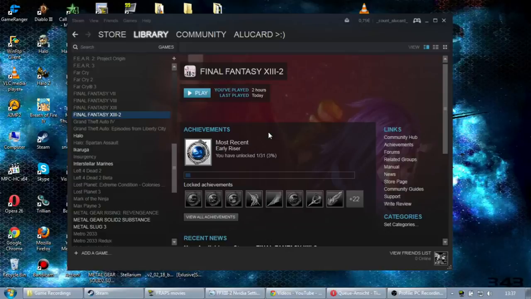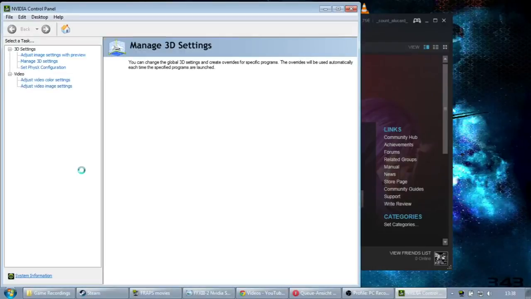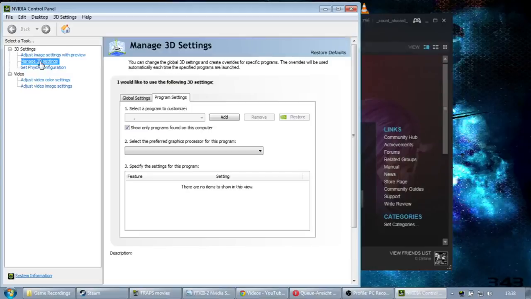But it takes some time because I'm recording my desktop with my recording software, and the recording software eats frames like crazy. So when it opens up, you should go to Manage 3D Settings. It loads incredibly slow because Aero is disabled, but anyway, you go into your Nvidia control panel under Manage 3D Settings, and under Manage 3D Settings you should have your list of programs here,